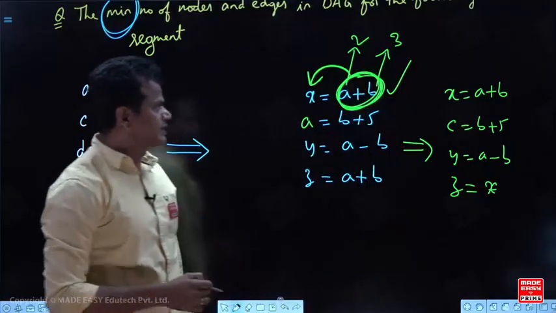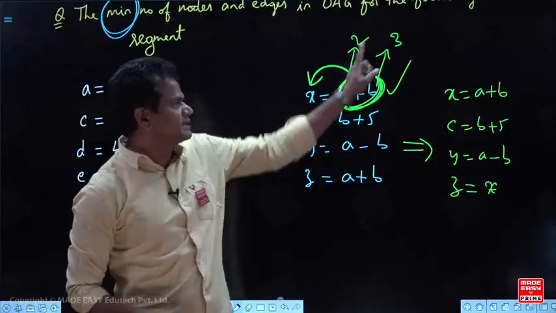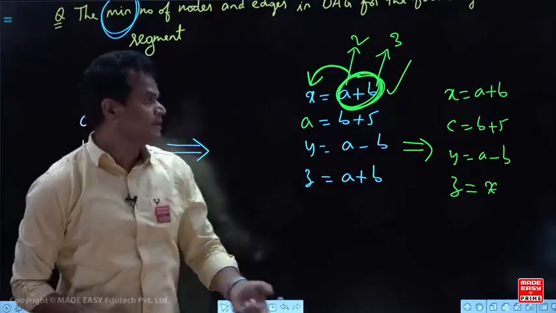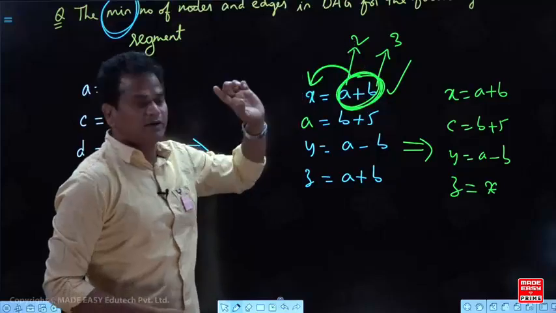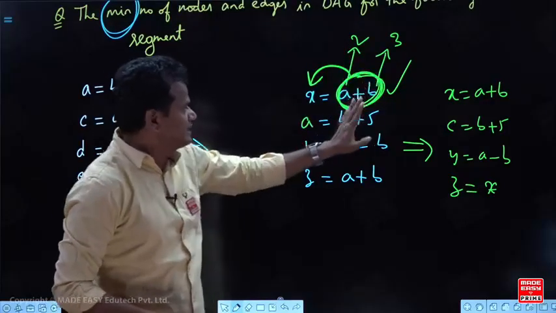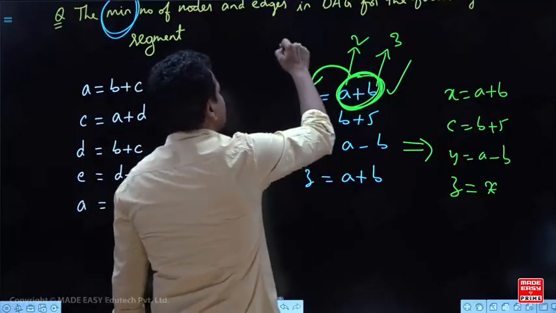A value is 2, B value is 3, and A equal to B plus 5. What is B value? 3. 3 plus 5, 8. Now A is becoming 8. But earlier what is A value? 2. Are you following? Here A value 2, suppose B value 3, and after execution of this one, what is the X value here? X value will become 5.